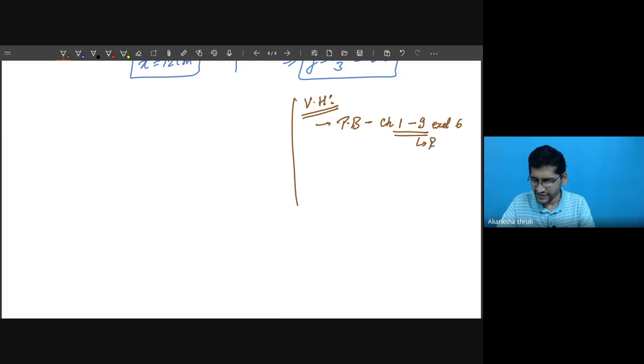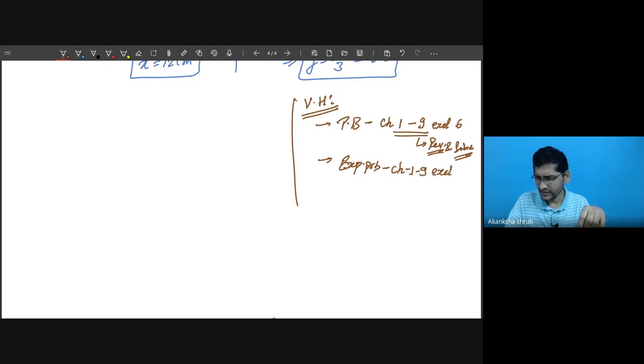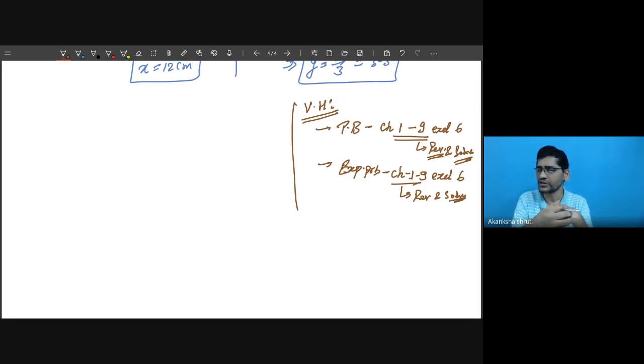You must go for revising it. अब बैठ करके खुद से देखिए कि कौन कौन से क्वेश्चन आपने सॉल्व नहीं किए हैं, and solve if you have not solved it. The similar task you have to do for your exemplar problem from chapter 1 to 9, excluding 6. You have to do all the exercise, revise and solve exclusively those questions whatever you have not solved.